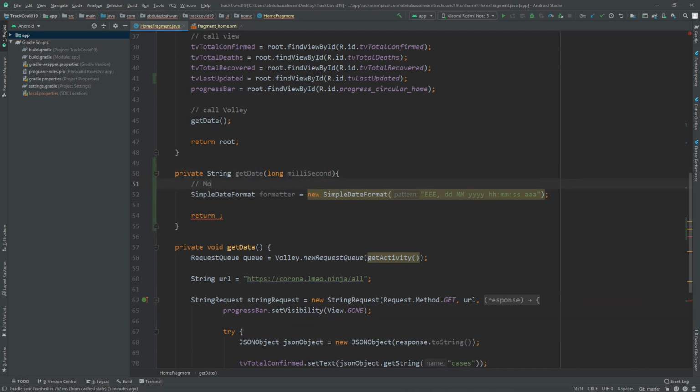Let's say Monday, and then 23 March and 2020, and let's say, alright, looks like this. Monday 23 March and 2020, and this hour, minute, and second, and this is AM or PM. Alright,